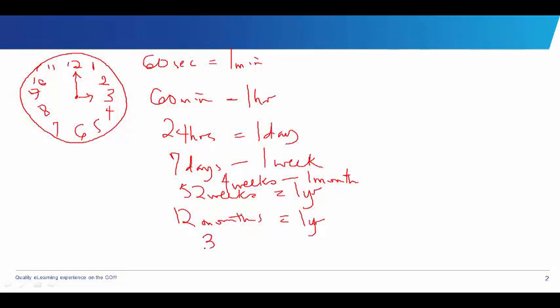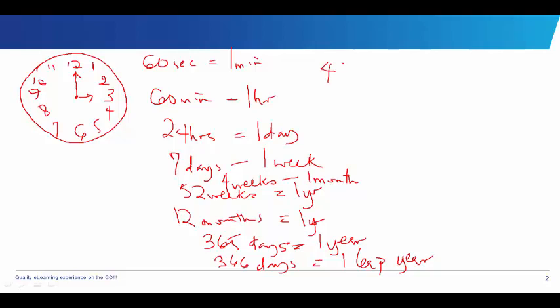Too, I will now have 365 days will give us 1 year. Too, or 366 days will give us 1 leap year. So don't forget this. You have to memorize this. So with this now, you can have different conversions. They can ask you 4 hours, convert it to seconds. Okay, so from here, let's go back to this now. We have that 60 seconds